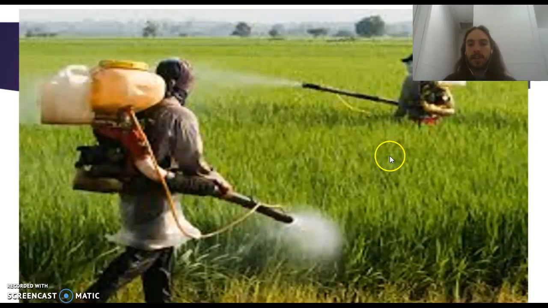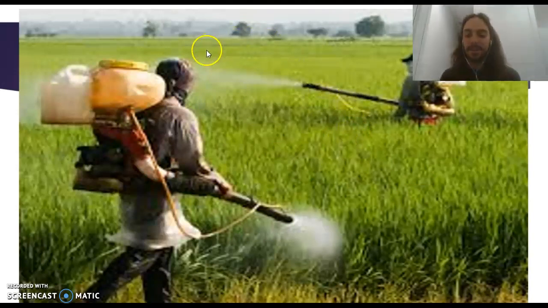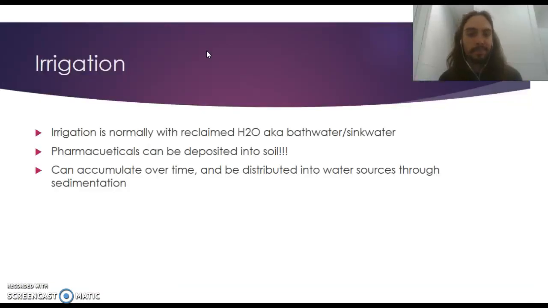So here is a little illustration of people applying pesticides onto grass. You can see they've got protective equipment on. That's just because the pesticides that they are applying are in such higher concentrations than what we're going to receive as the end product that it forms a health hazard for them to take that in. That does not mean that this is unhealthy for you to consume. It's going to be a lot less on these plants than if these guys were just sucking up this gas right in front of them. It's a lot more than what you're going to be receiving by just eating some rice.